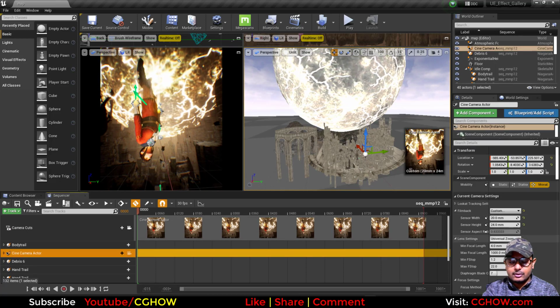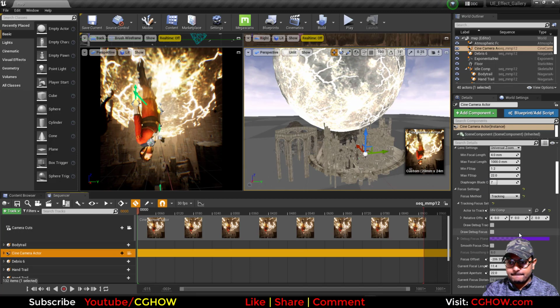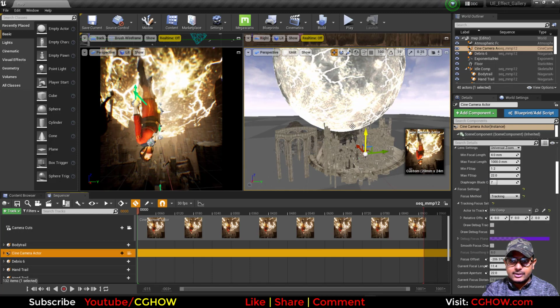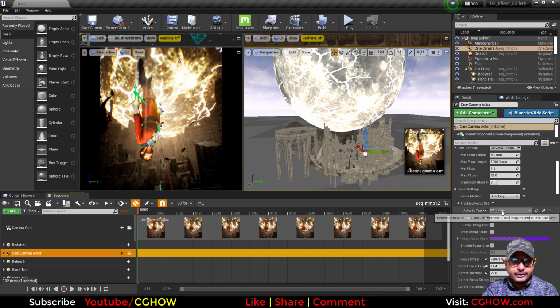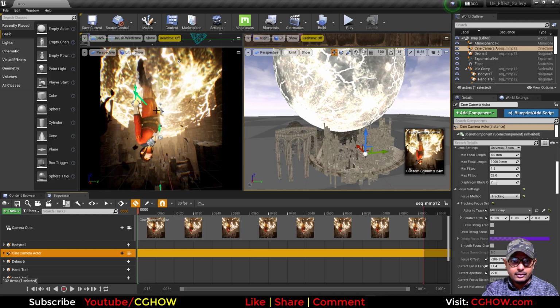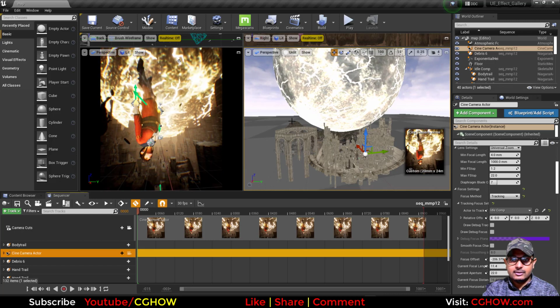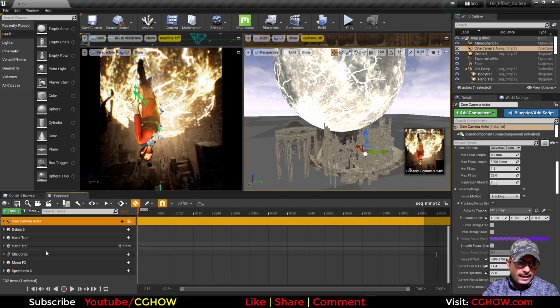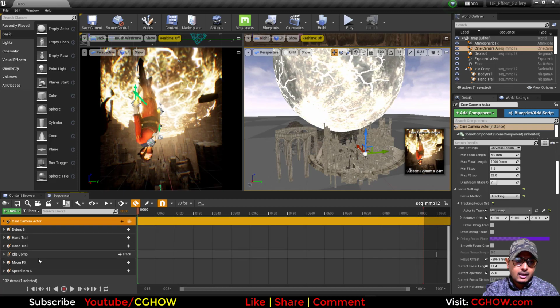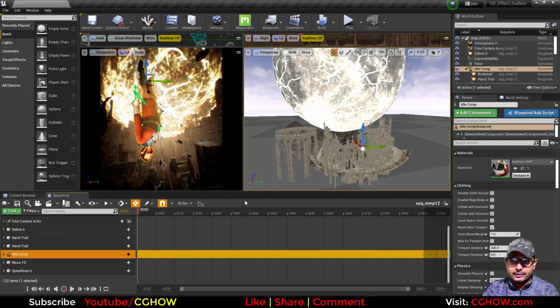You can see the resolution, and I am using this character as my focus point. This character is in focus and the rest of the scene is out of focus. And then I have these elements here, and this is my character.